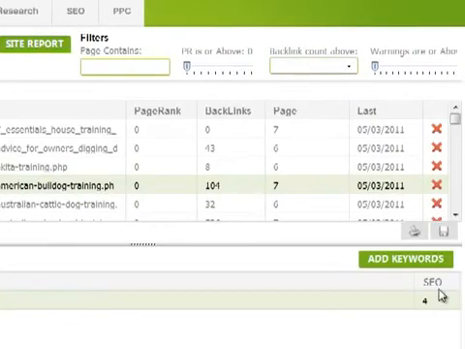The second thing is, by looking at American Bulldog training as the keyword we're focusing on, across here it says SEO 4. 4 is the number of things that Traffic Travis is saying could be altered in my website to make it better on-page optimized. So if I click on that,